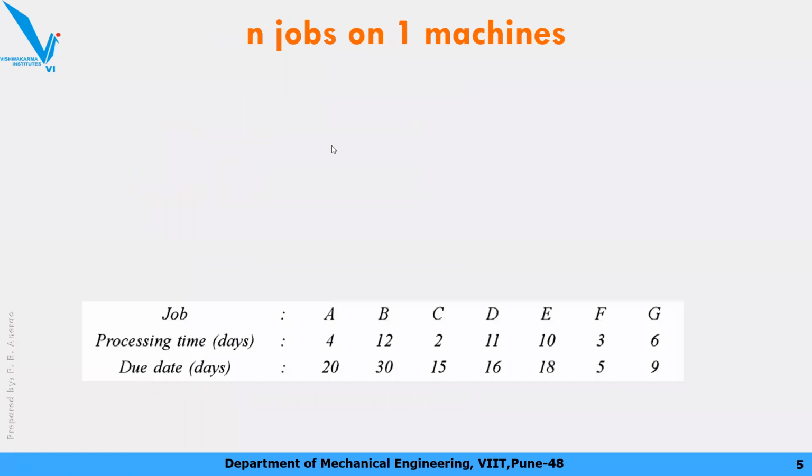Even though we know there are fewer chances of getting a question on n jobs on one machine, let's look at some of the rules which we need to follow when we are facing this scenario. This kind of scenario you face in many cases, for example, cars coming into a service station, and the service center is treated as only one server or one machine.